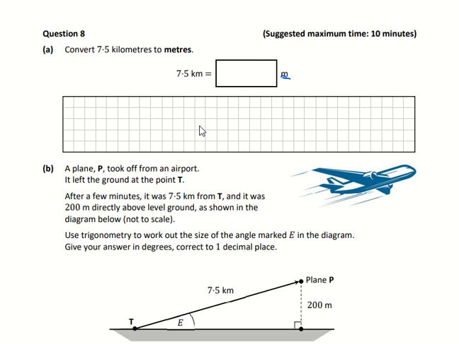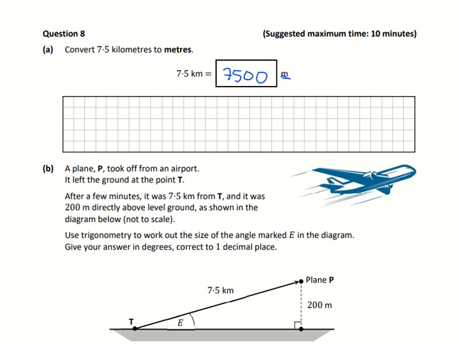Hi folks, this is question 8. So the first part asks you to convert 7.5 kilometers to meters. If you're stuck on that for a second, just remember there are a lot of meters in each kilometer, so you should get a big number. You'll just be multiplying by 1,000, so it'll be